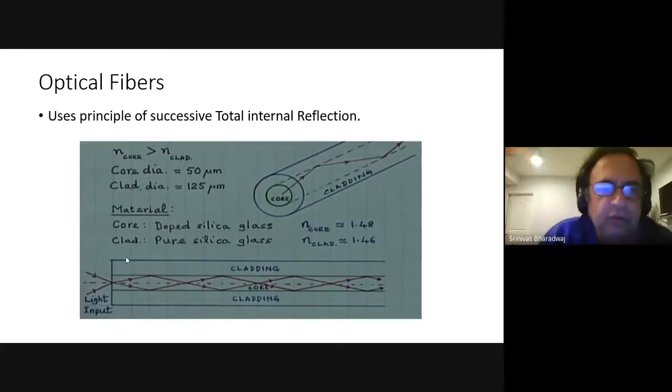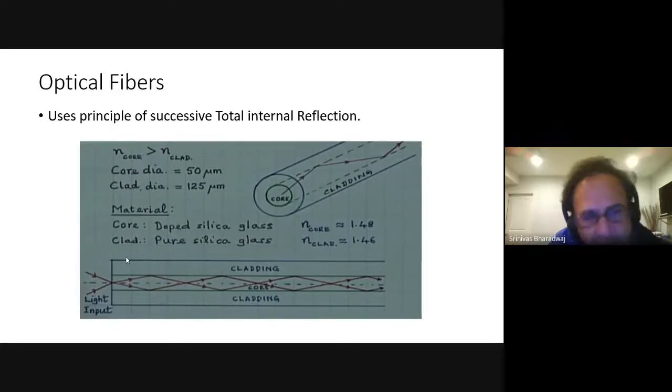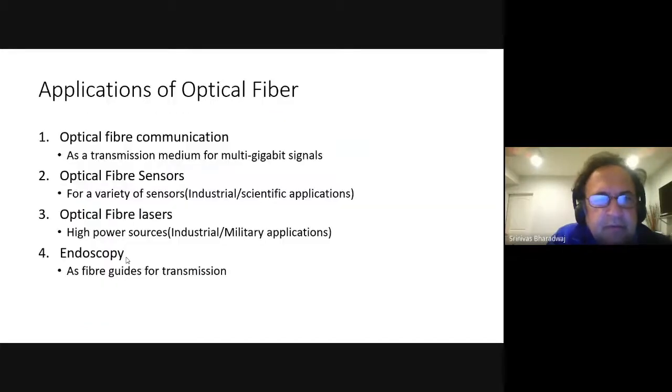I want students who are going to be doctors to learn about this. Okay? Typically what they do is they will find some kind of single wavelength, coherent light, which they use. Those are all the uses, and of course, optical fibers are also used in a lot of sensors, optical fiber sensors, and of course, there are also lasers. Then we also discussed endoscopy.